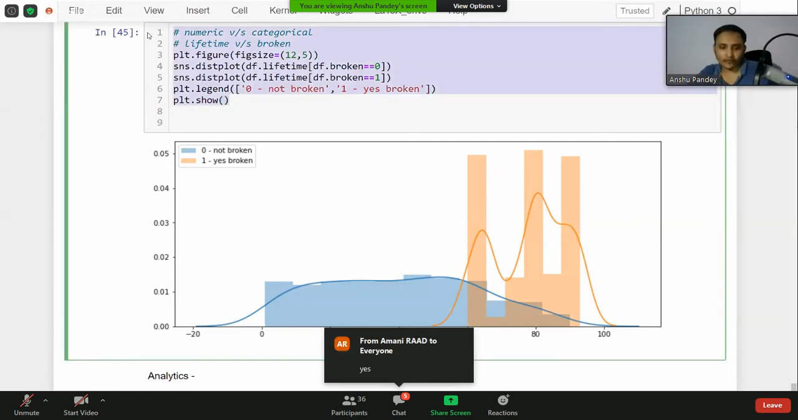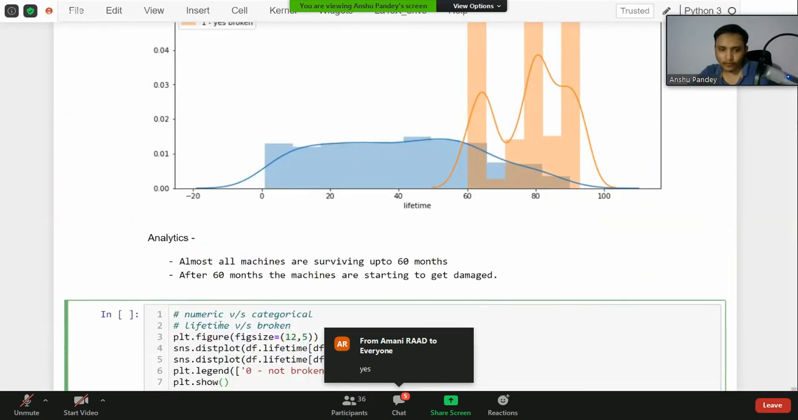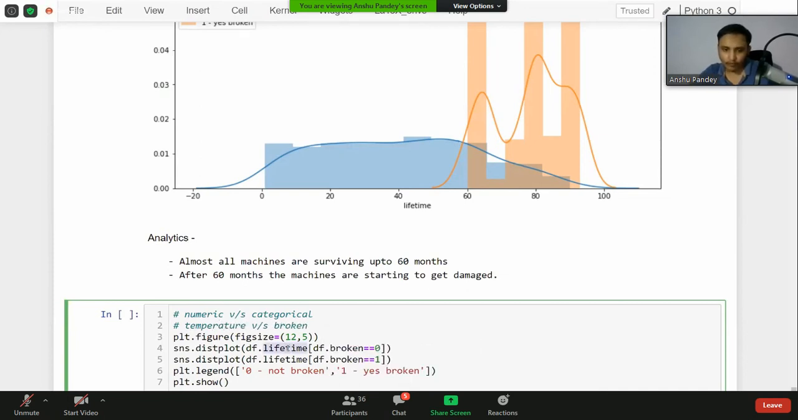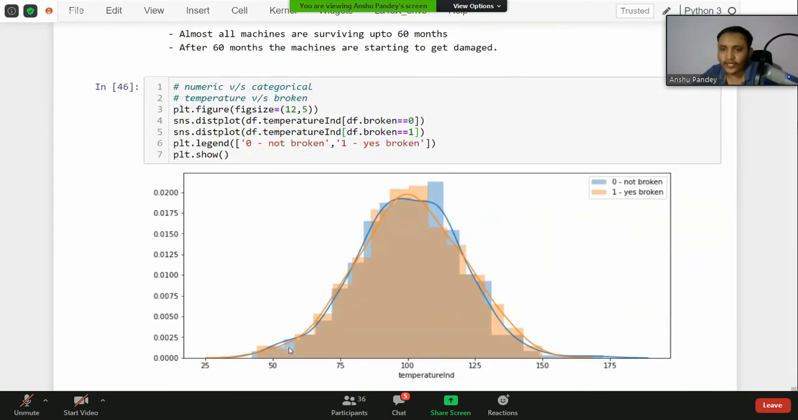So similarly, we can look at another factor. Instead of lifetime, let's say we want to look at temperature versus broken. I just copied the code and replaced it with temperature. So now, if you're looking at the analytics of temperature versus